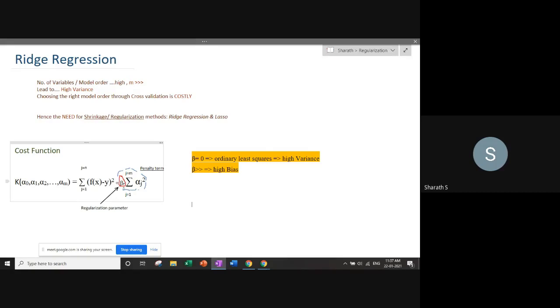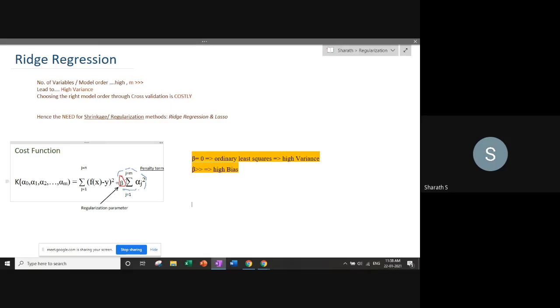So you start to raise it, but then what happens if you make it very high? If you penalize too much, what is going to happen? It is going to reduce the coefficients so much that you enter into the left side of that curve which you saw, which means it will create a high bias problem. So from high variance you are moving into a high bias problem. So it's also through iterations that you find the right beta.